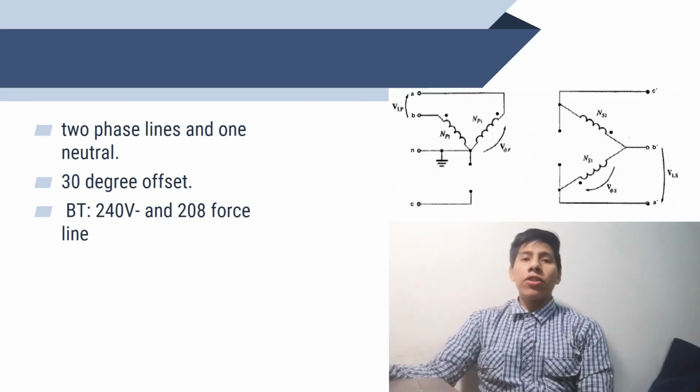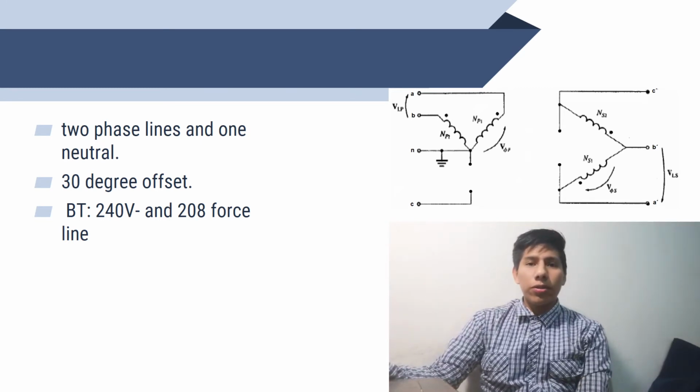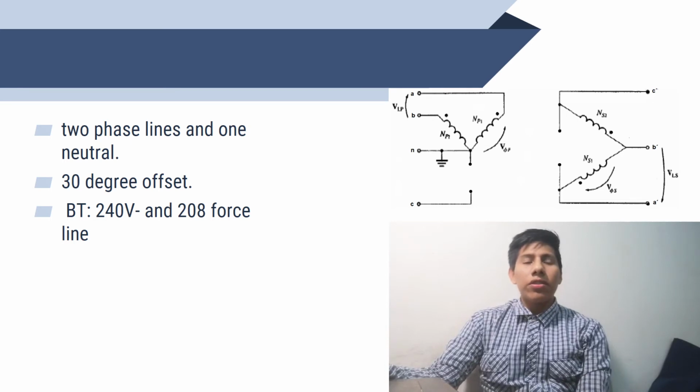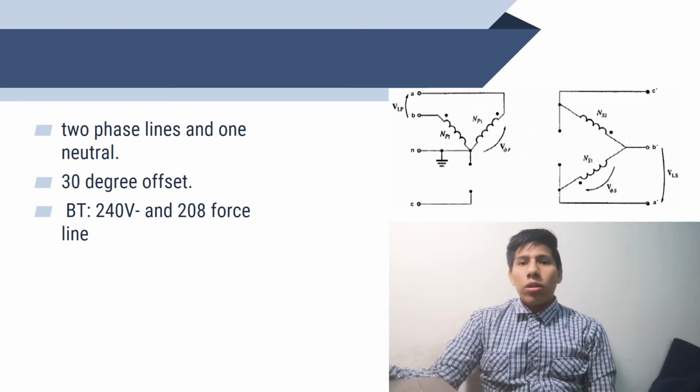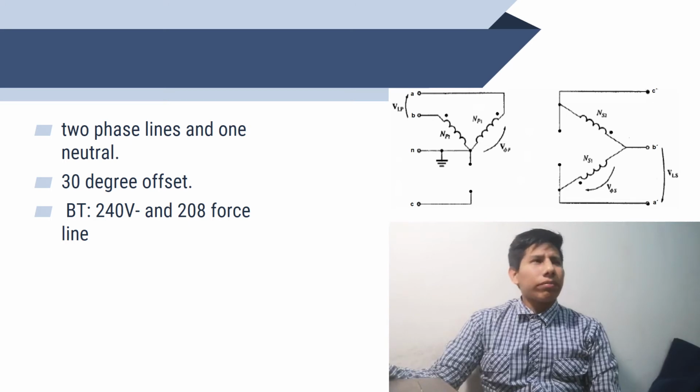Hi, my name is Michelle Orara. The subject I will discuss is the special connection open wye, open delta. The open wye connection is very similar to the open delta connection, except that the primary voltages are derived from two phases and the neutral. When eliminating the phase line, we are connected to the H2 to the neutral terminals and the terminal to the phase is a low voltage connection in the direction of the